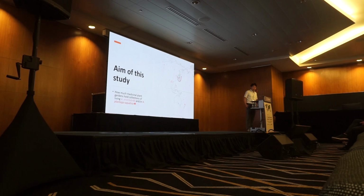Okay, and the aim of this study is, if the two species are used medicinally, and the other one is, if the two species are used, how the garden conserves these two species. And once again, what we found in previous studies, that the three specimens here,